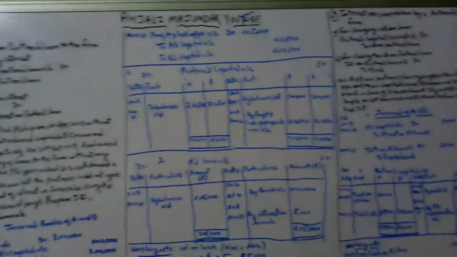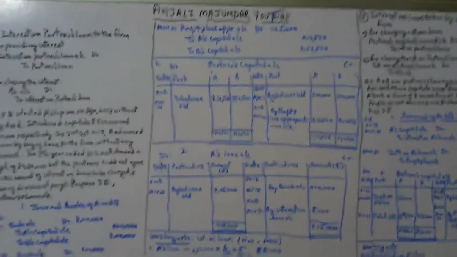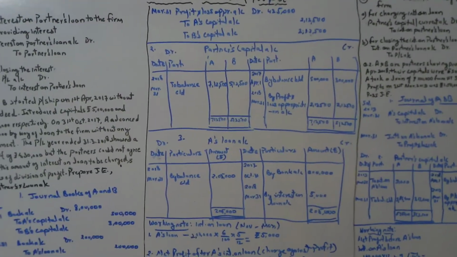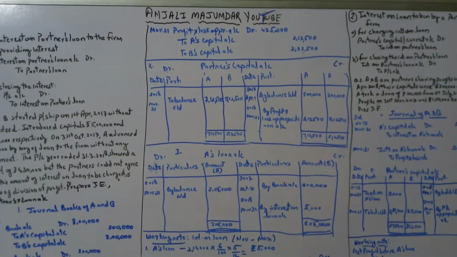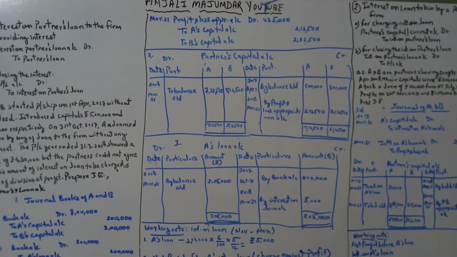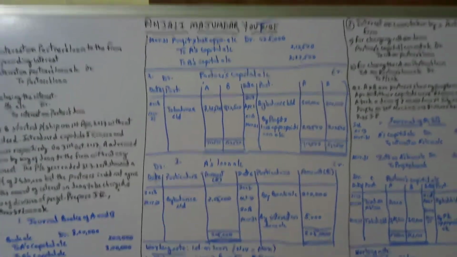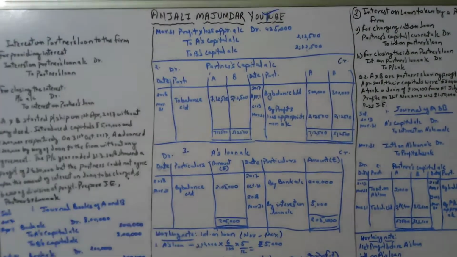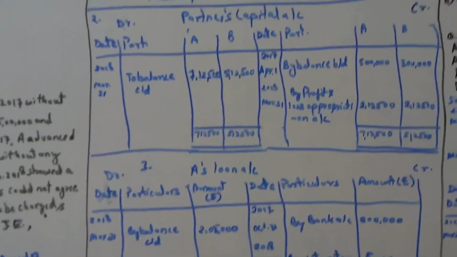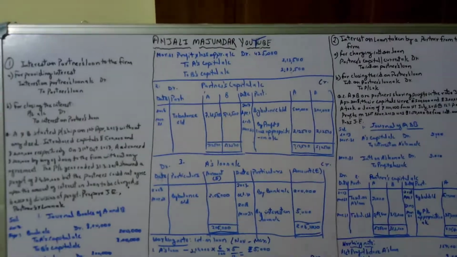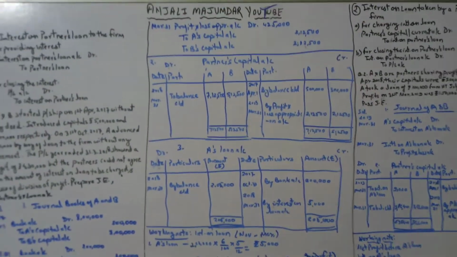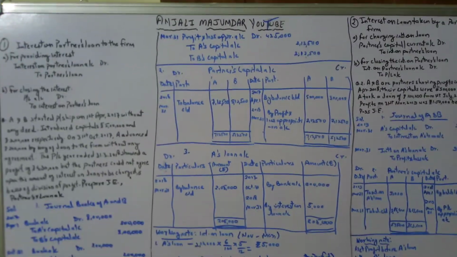Now the third part is preparing the loan account, A's loan account. So here again you have to maintain two sides, debit and credit, date, particulars, amount, and date, particulars, amount. Then year 2017, right? And the loan is provided on